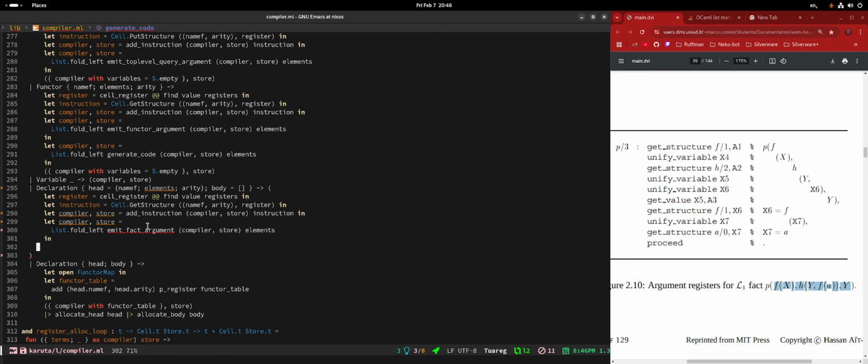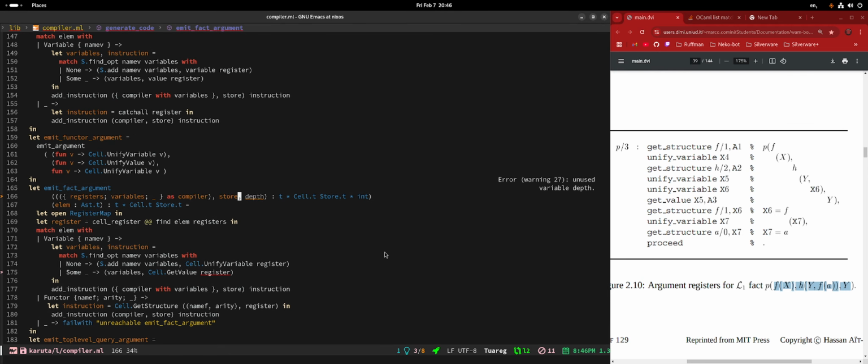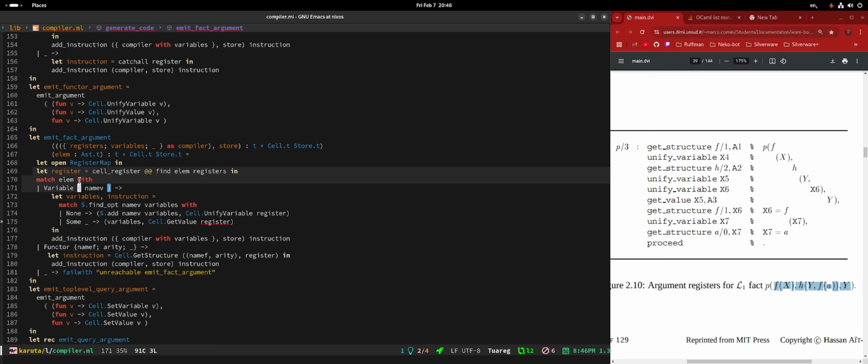Okay, then let me actually remove depth from here because I think we are gonna use the queue. You're right. Then my question to you is: we are pattern matching and trying to find the registers for F, H, and Y, right? Right. Okay, let's go through this first example here.